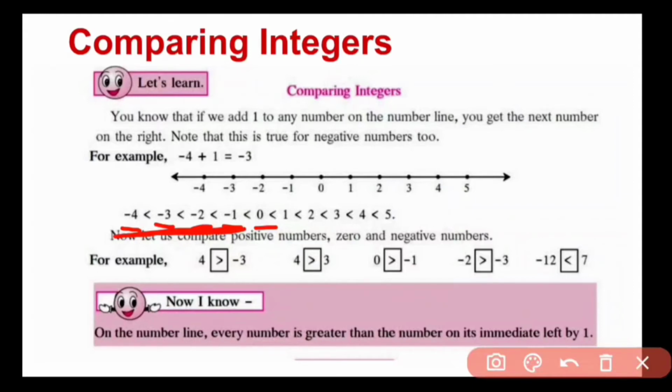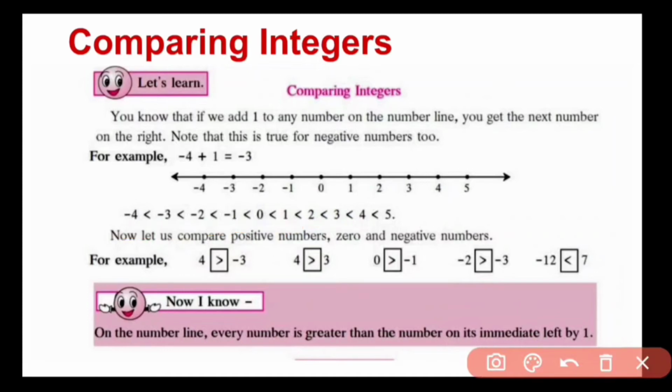Then we can see here plus 1 is bigger than 0. Plus 2 is bigger than plus 1 and 0. Plus 3 is bigger than plus 2, plus 1, 0 and then the minus numbers. That means positive numbers are bigger than 0 and negative numbers. And negative numbers are smaller than 0 and positive numbers. The number which is on the right hand side is bigger. The number which is on the left hand side is smaller on the number line. Always keep this in mind. The number on the left hand side is smaller than the number on the right hand side on the number line.